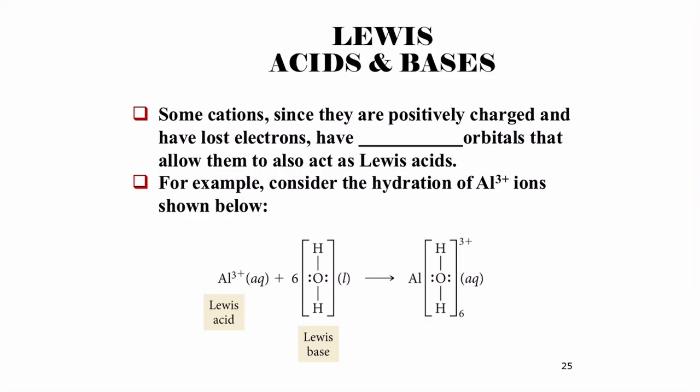So even though this is in terms of lone pair acceptors and donors, in the Lewis acid-base definition, it'll still act as an Arrhenius acid because ultimately it's going to be creating H3O plus in solution, right? And that makes it also a Bronsted-Lowry acid because there's some movement of protons in this. It's just not directly related to the aluminum ion itself, right? It's not donating a proton itself, but its interactions with other things lead to the acidity of the solution changing. And so these have empty